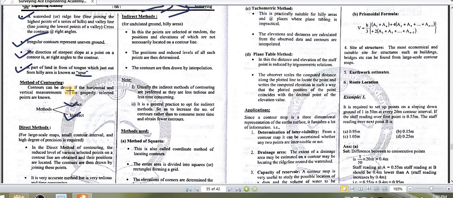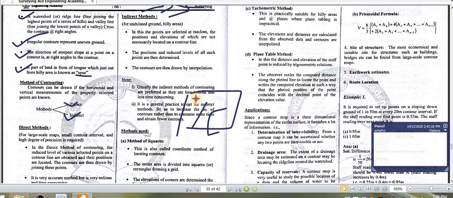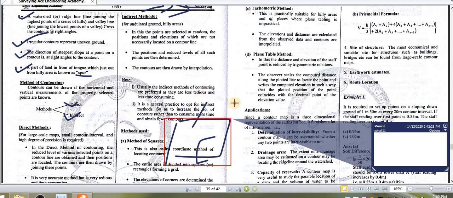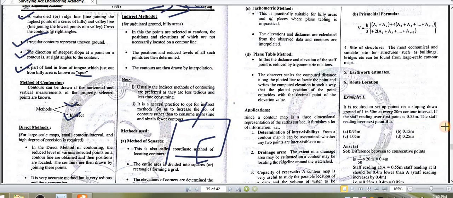Now contours can be drawn if the horizontal and vertical measurements of the properly selected areas are known. So if you want to find out the contour of an area, you need to divide the area. And you will have to measure the horizontal distance as well as the vertical elevations of these points. If you have got the horizontal distance as well as the vertical elevation, you can easily calculate the contours